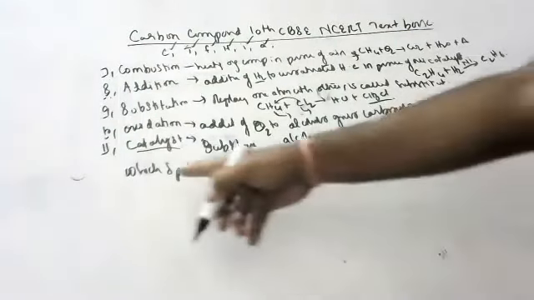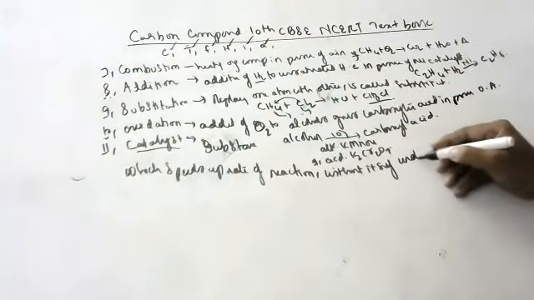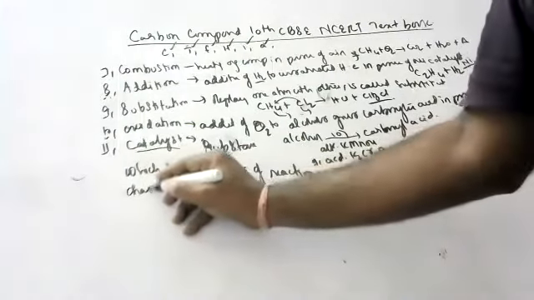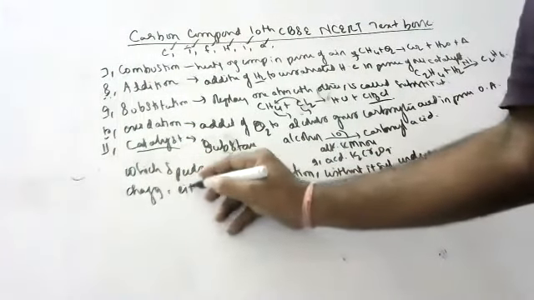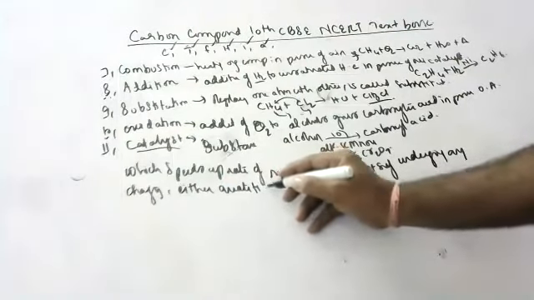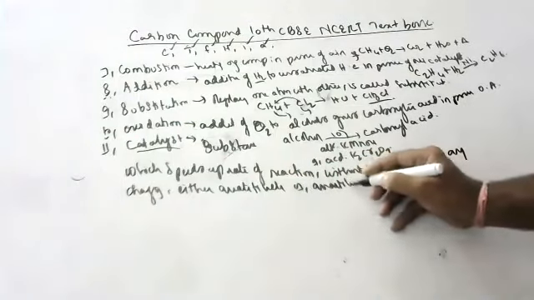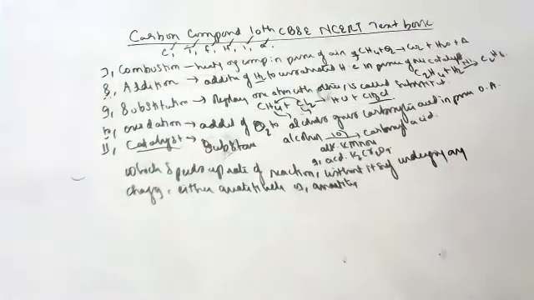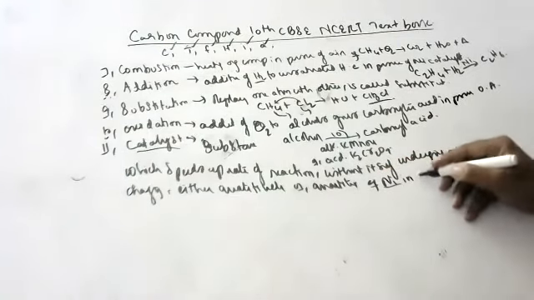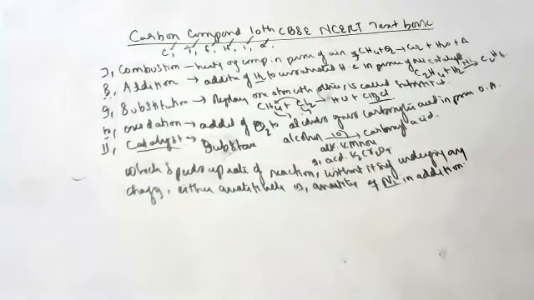Okay, so the catalyst is the substance which speeds up the rate of reaction without itself undergoing any change, either qualitatively or quantitatively. Means quantity won't change, quality won't change. Only it speeds up the reaction, and it will come out. Example, nickel catalyst, which we use in addition reactions.